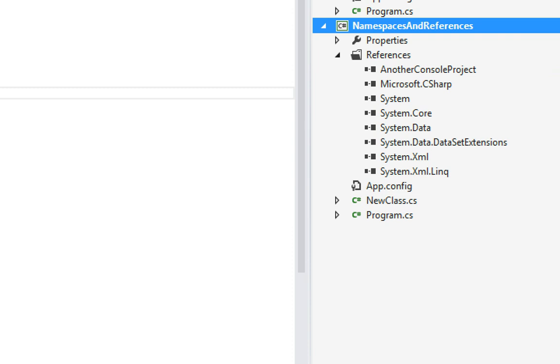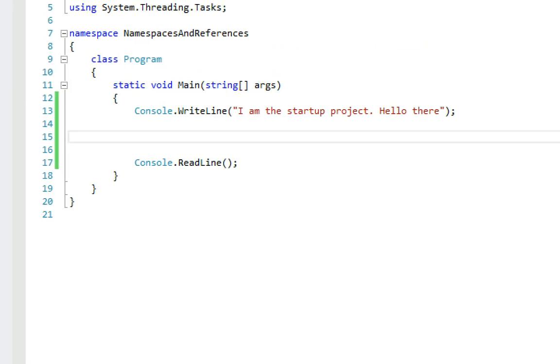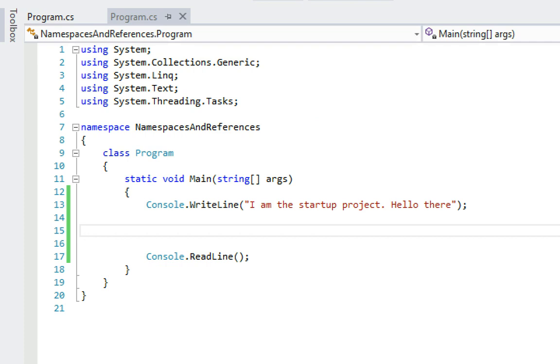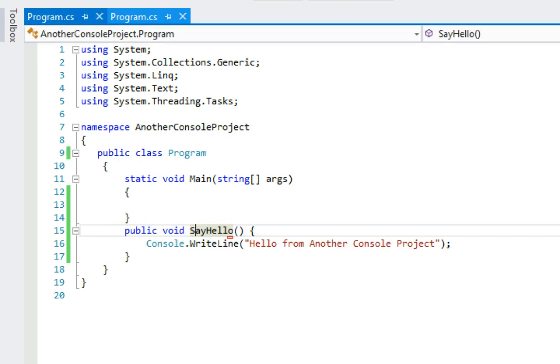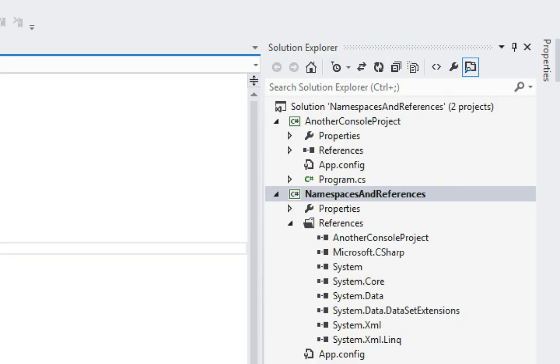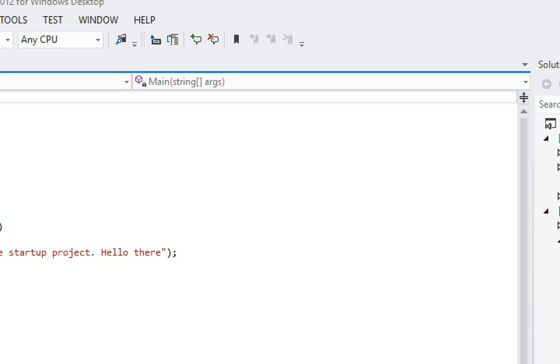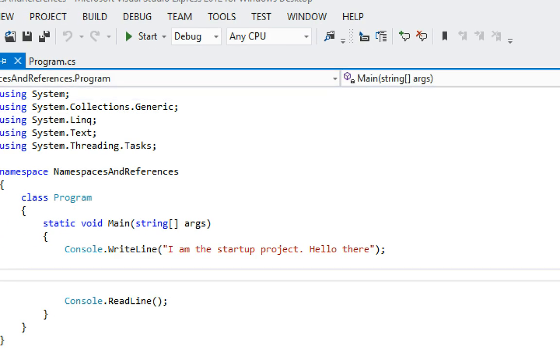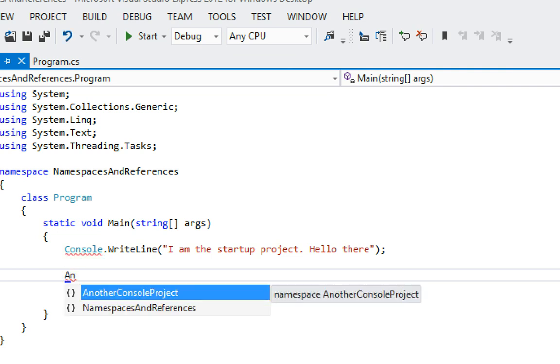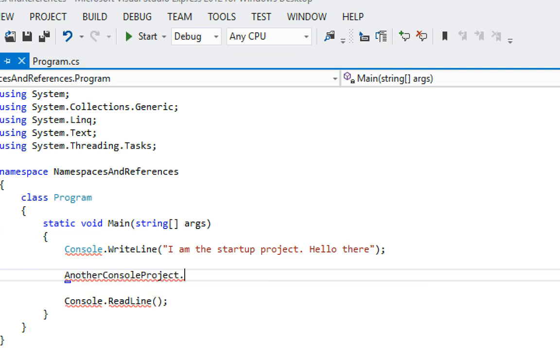That means when I get to my instance, I can go to the bedroom or the kitchen and do anything as I like, as long as the place is not restricted for me. So I can now say, as long as I want to use that inside here, let me close this up. Oops, wrong thing. Namespaces and references is what I want to open. And I say another console project. You can see that I have access to it now. From inside the namespaces and references project, dot